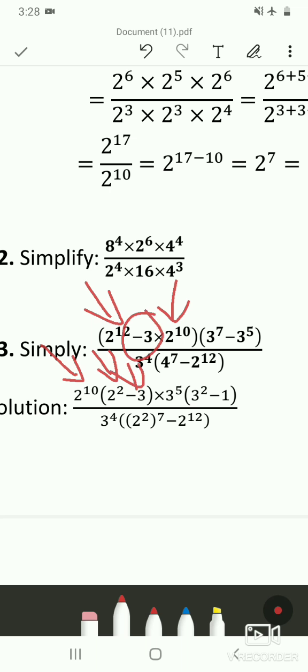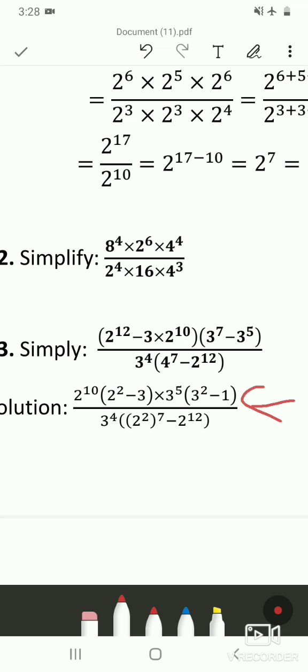That is written over here. Similarly for the next term, that is 3 raised to 7 minus 3 raised to 5, here 3 raised to 5 is common. When you take 3 raised to 5 common, you are remaining with 3 square minus 1. I hope you are clear with this simplification, that is you have to take the common terms out. If you want, you can try it out.